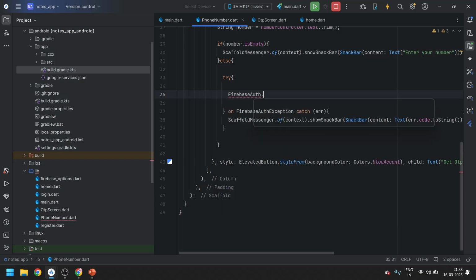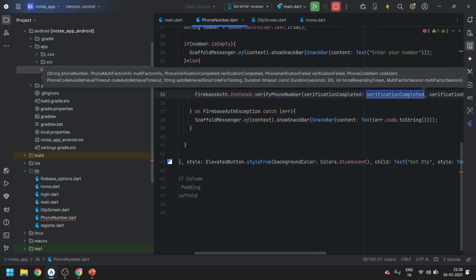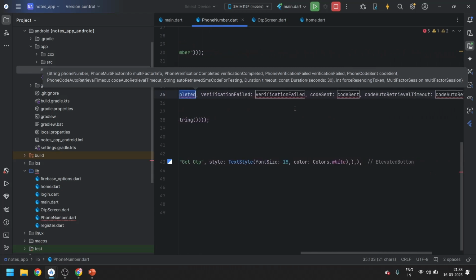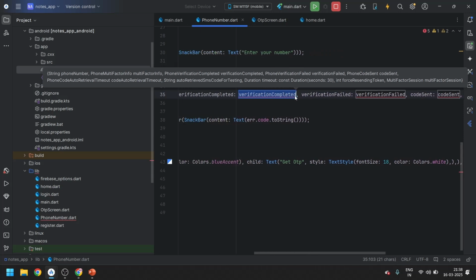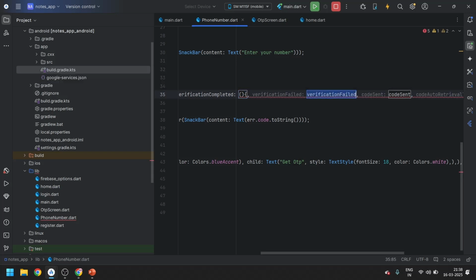We will write FirebaseAuth.instance.verifyPhoneNumber. So it will ask for the parameters which we have to pass. Very first, when the verification will be completed, so what we have to do? When the verification will be completed, just for now, let's keep this empty. If the verification failed, okay, so done.